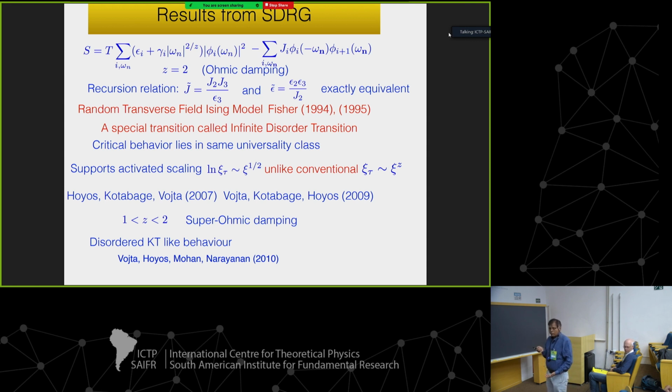Let me rephrase. You can really sit down and show that for this set of models, the Harris criterion is violated. When the Harris criterion is violated, that means you have to flow to a new fixed point. But what is the new fixed point like? What Thomas and Jose have shown is that the new fixed point is of a very particular kind, called an infinite randomness fixed point.